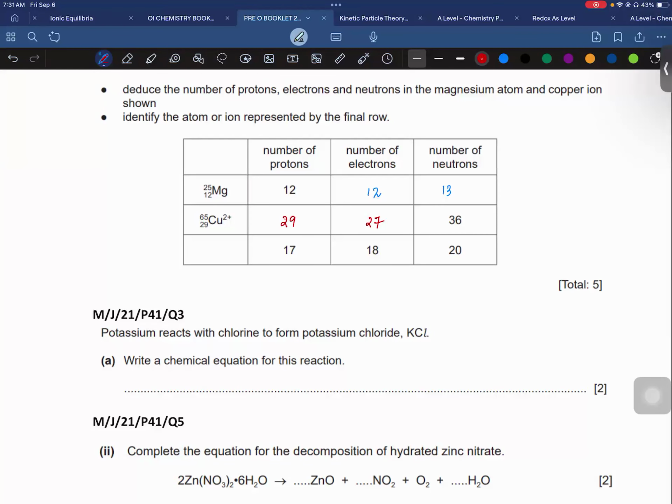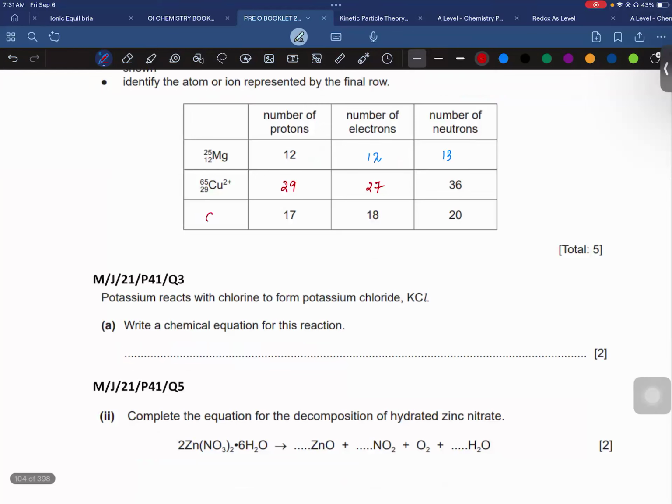It's chlorine, exactly. And what's the charge on this chlorine? Minus 1. Exactly. So the proton number is 17 and the nucleon number is